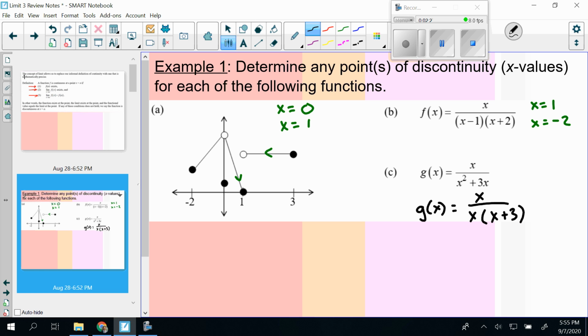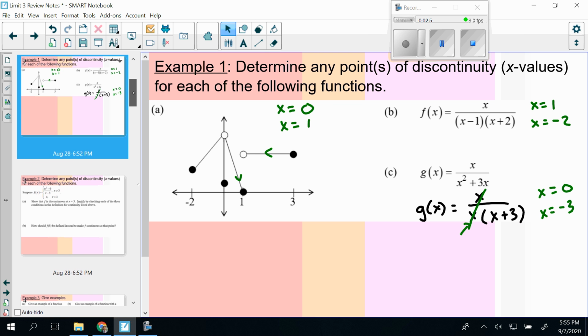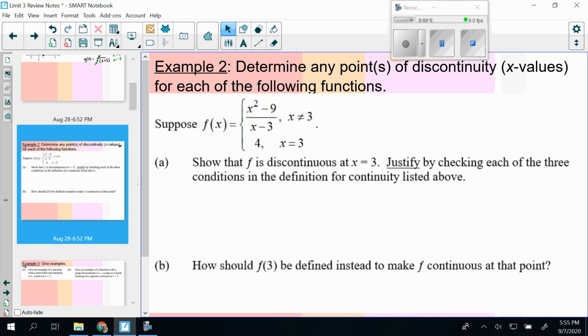One would definitely be x equals -3 for the same reason as the problem above. Now also here, this point at x equals 0 would also be discontinuous. Even though it cancels out here, that would be a hole in the graph, and it would not be continuous there. So even though the limit exists there, we don't have a point,